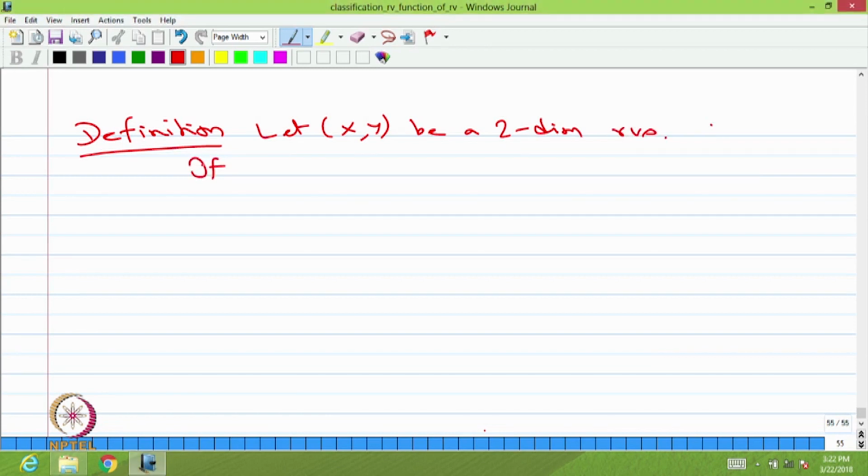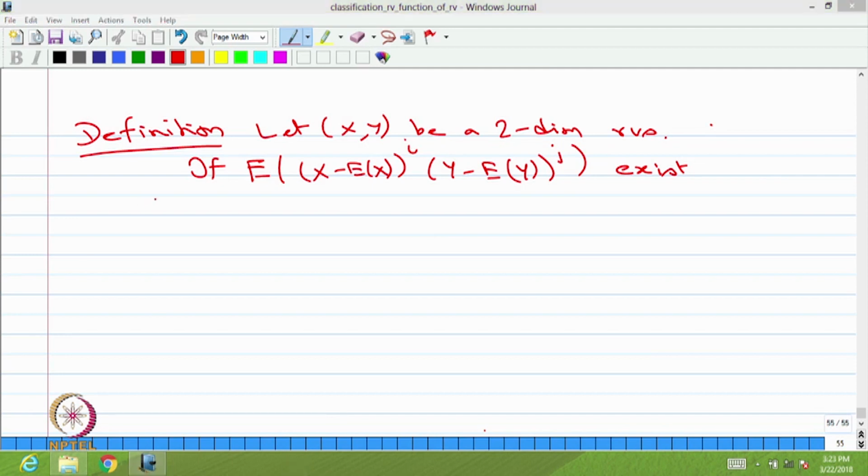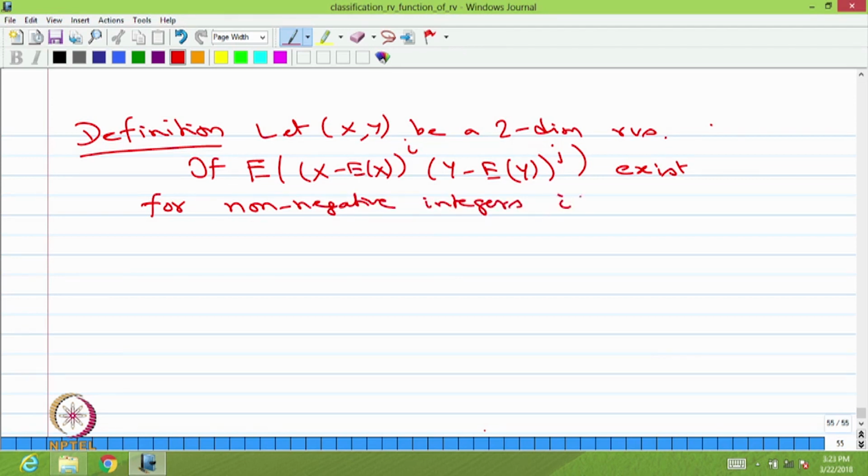If the expectation of (X minus expectation of X) to the power i multiplied by (Y minus expectation of Y) to the power j exists, that means in the absolute sense this expectation value is finite, for non-negative integers i and j,